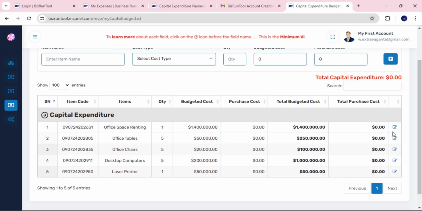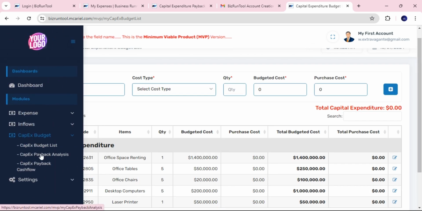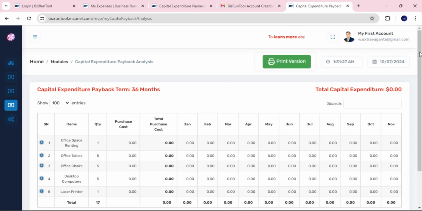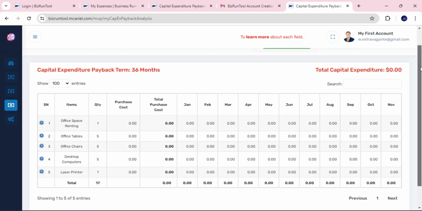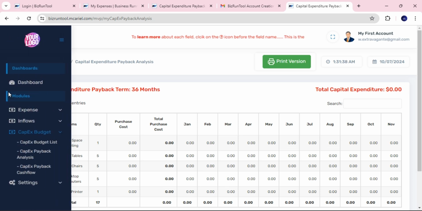Now when you purchase, you use these buttons here to update your payment. Now if we go here, we see that it has also given us this. But because no inflows have come yet, no payback plan yet,